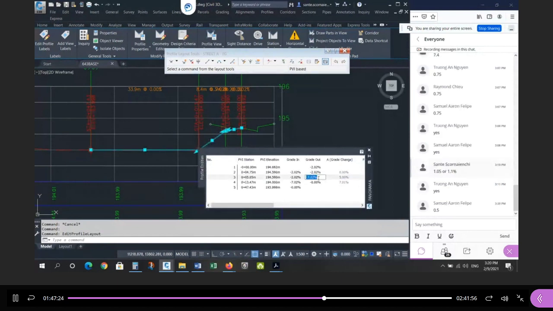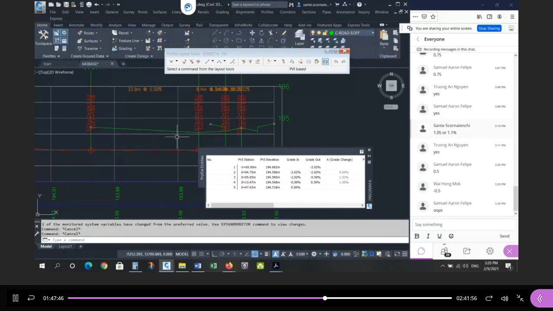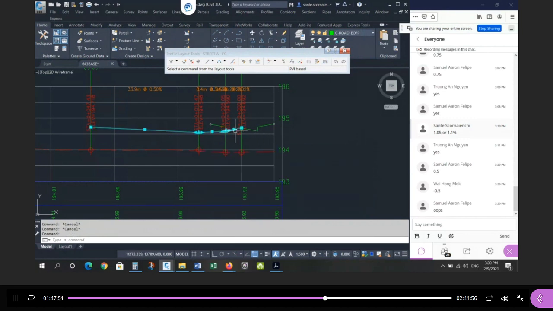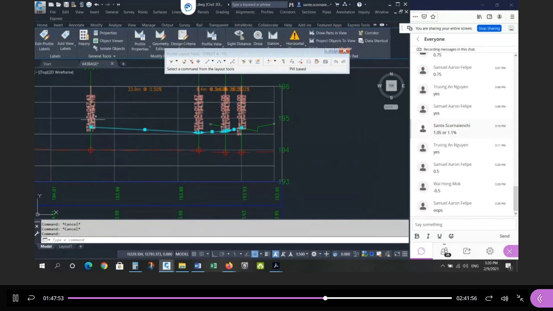What slope should we use here? Yeah, more specific, Samuel. You're kind of right. It's actually minus 0.5. We're going down, right? So there's the low point, and then from there we go up at positive 0.5. Okay, so now I've designed the profile of Street A from Ledger Way all the way to the intersection where